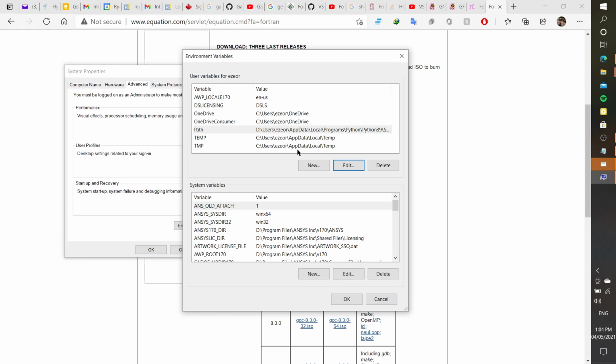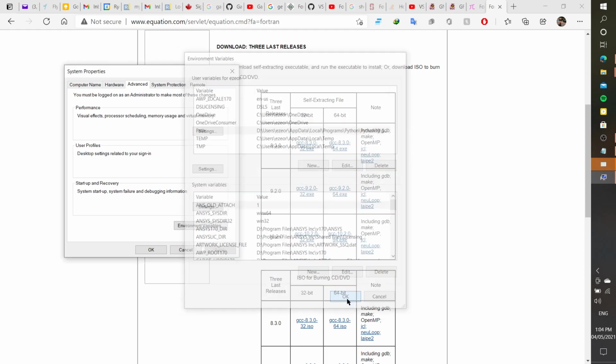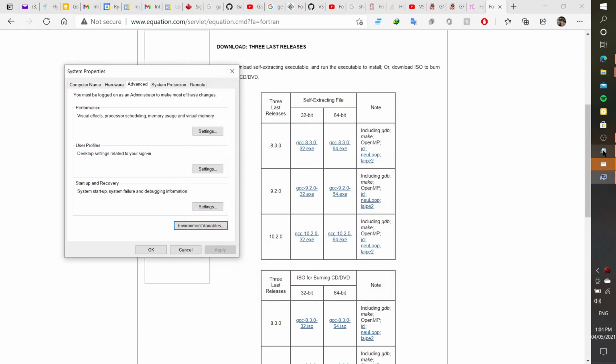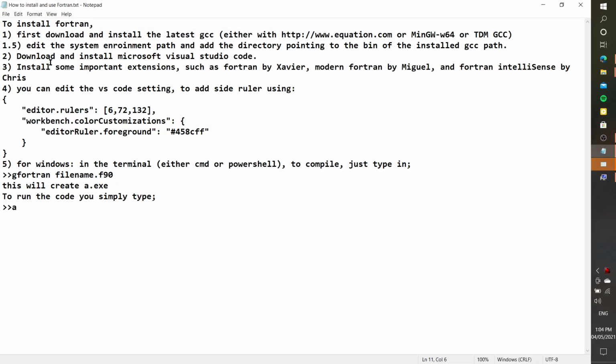What this does is it makes it easy when you're using the command prompt, PowerShell, or whatever terminal, so it can recognize programs like gfortran much more easily, without you having to go to the actual path. So okay, the next step is installing